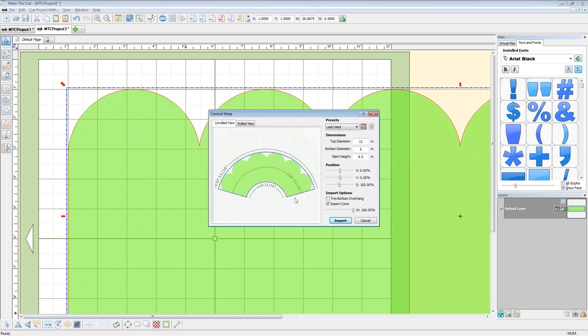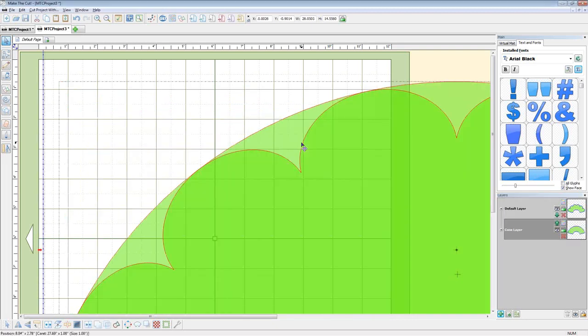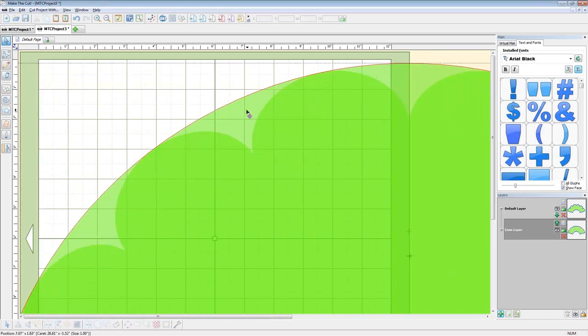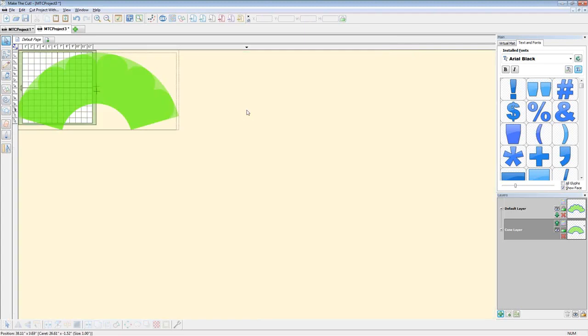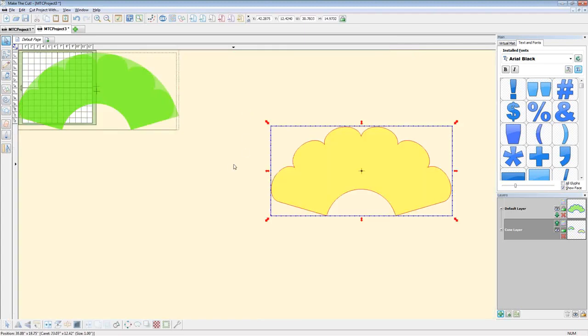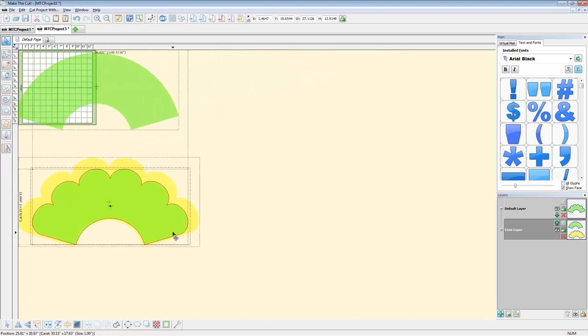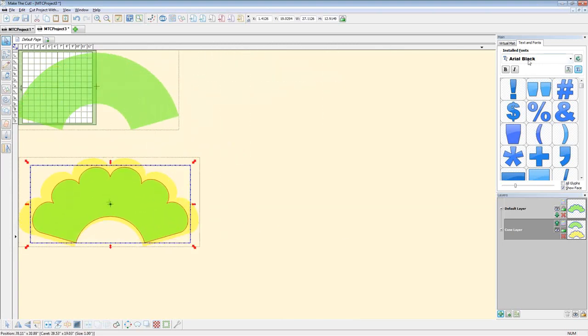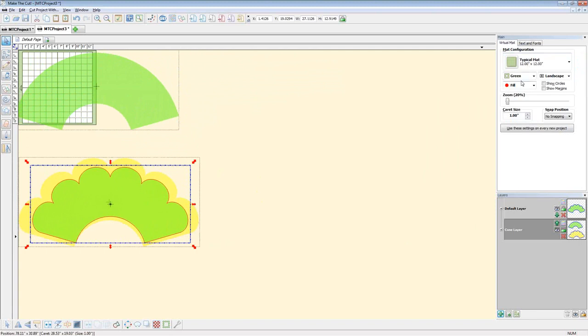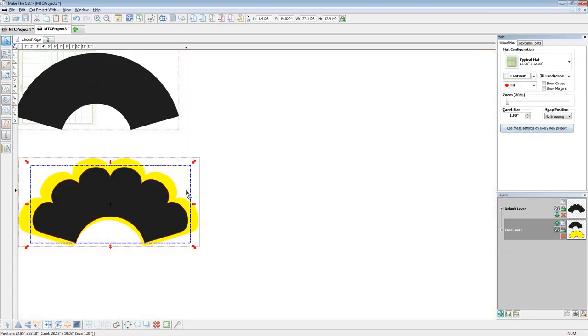Let's go back to 0. And so now the top edge here is at the bottom, and the scallops end at the 8.5 inch mark. And then these will still be warped, but not nearly as bad as before. I keep on importing that cone, and I don't really want to do that. Okay, so there's the original one, and then here's the second way we did it, which would probably be a little bit more accurate. And then just to show you the difference,